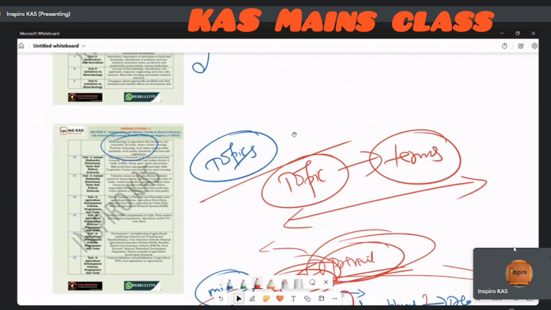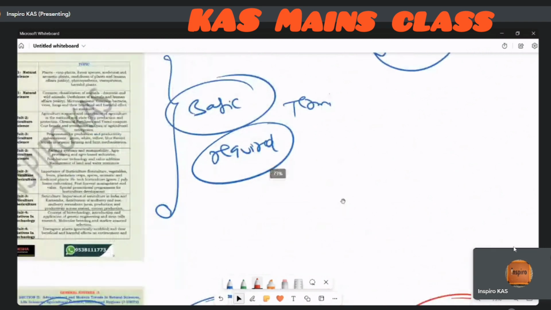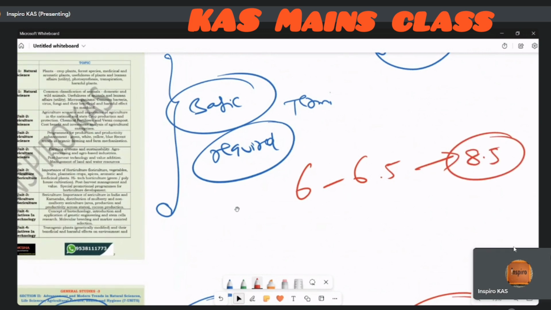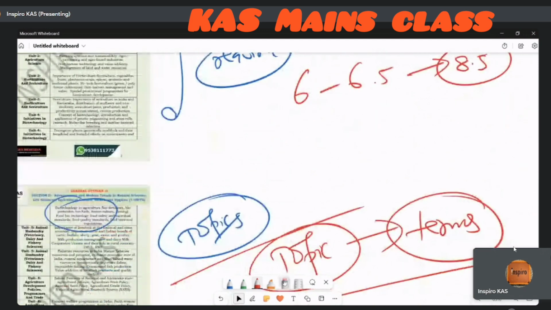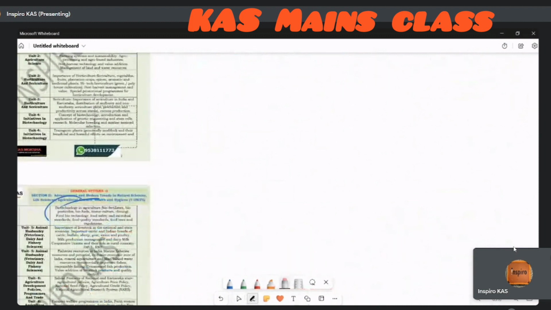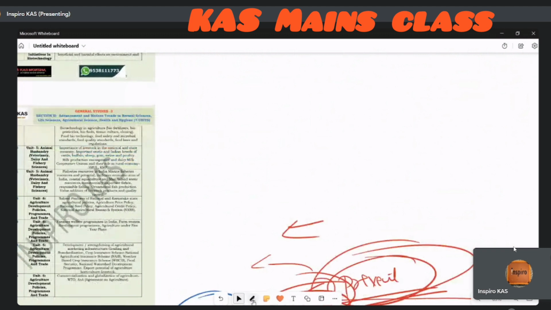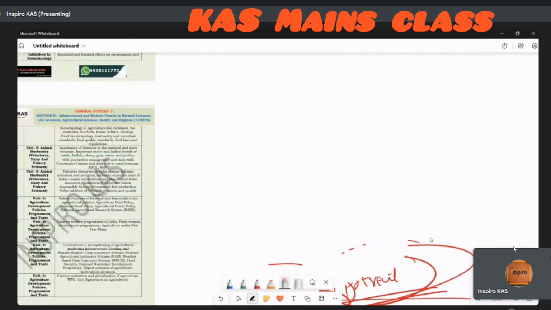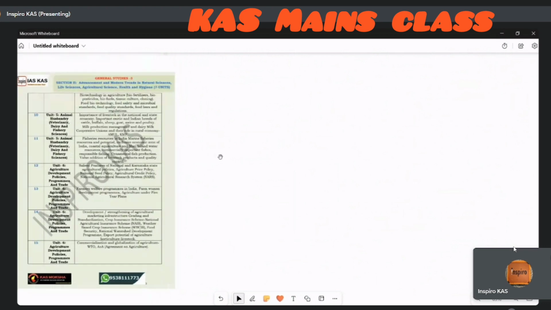This is the first thing to do, sir. The second thing, as I said, is what makes the difference to get good marks? Someone is getting 6 marks and I am getting 6.5, or I need to make it to 8.5. What makes the difference is your thinking capabilities. The thinking capabilities cannot be developed overnight. So tomorrow I'll write my first answer and that will be the best answer which anyone will write? No, it won't happen that way. Over a period of time, you need to cultivate your thinking capabilities to groom your answers in a better way so that your answers stand apart.